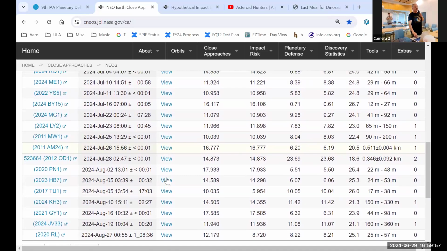So as you can see here, this is just a few of those 35,000 near-Earth objects that are currently on the catalog. Some of them are quite large. A lot of them are fairly close to our planet, and we basically live in a shooting gallery, right? So it's a question of when one of these will be aimed at our planet, and we would like to be prepared and not wait for the emergency to start building those countermeasures, right? So that's something that we advocate: be prepared before an emergency.